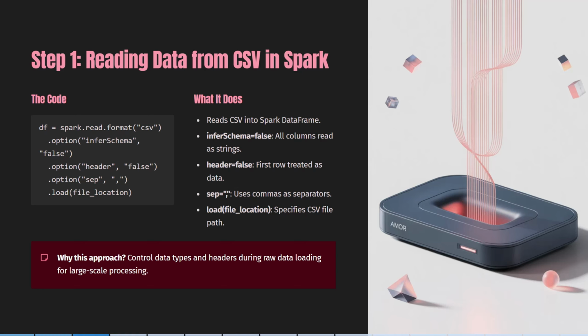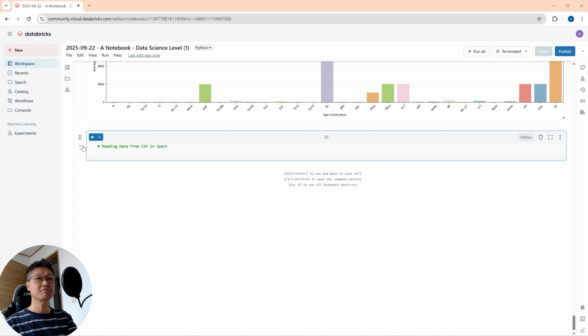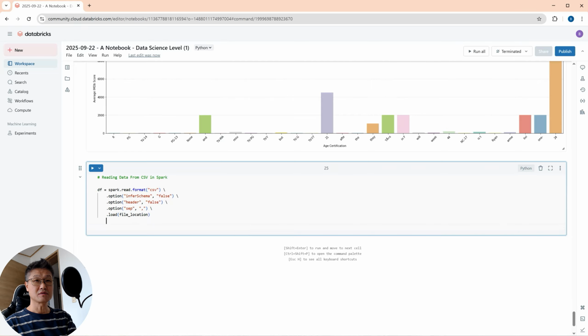It's reading data from a CSV in Spark. From the previous lectures, this brief code is to read the CSV file into the Spark data frame, DF, with the format option load. So, second